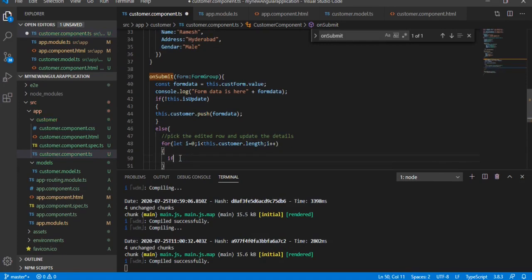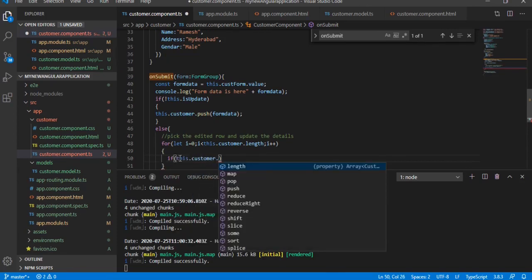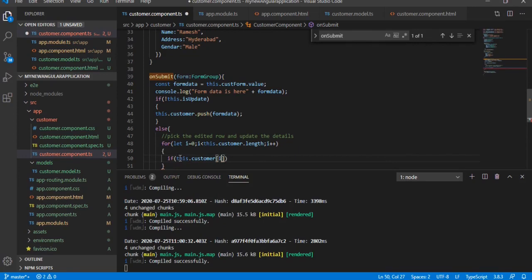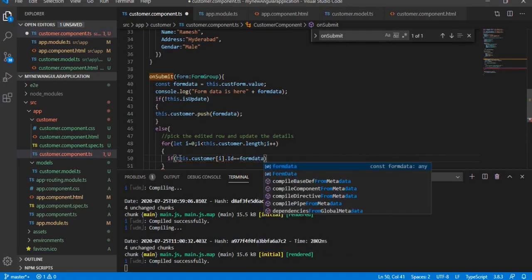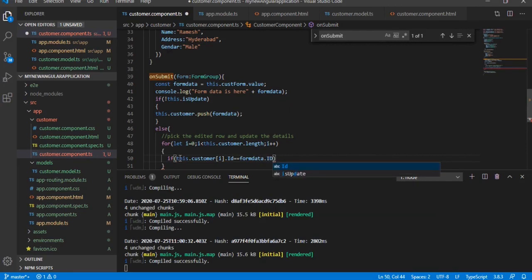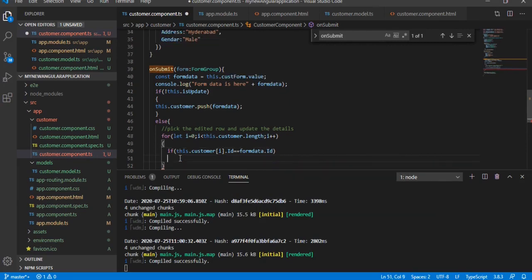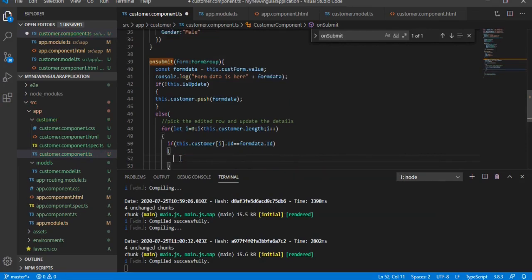If this.customer of i dot id value is equal to formData.id, we have formData.id. If that is matching, that means we are going to edit this row information.